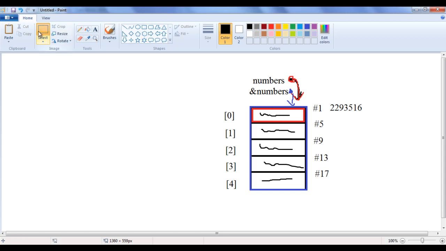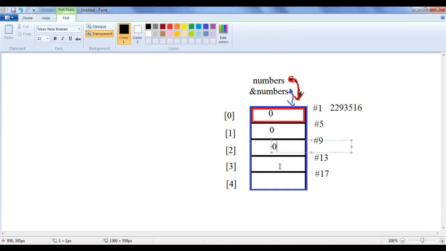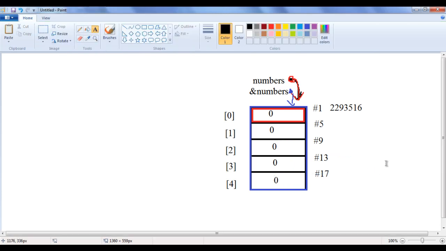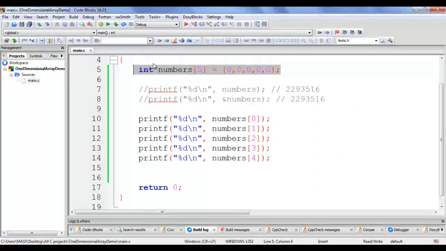Instead of having garbage value, this time what happens? Each memory location is filled with the given default value, that is 0 0 0 0 and 0, guys. That's what happens when this line of code is executed. And when we display values inside each memory location, we get the output saying 0 0 0 0 0. Instead of assigning with zeros, you can assign with some other values, guys. You can initialize with 10, 20, 30, 40. That depends upon the requirement of the application.